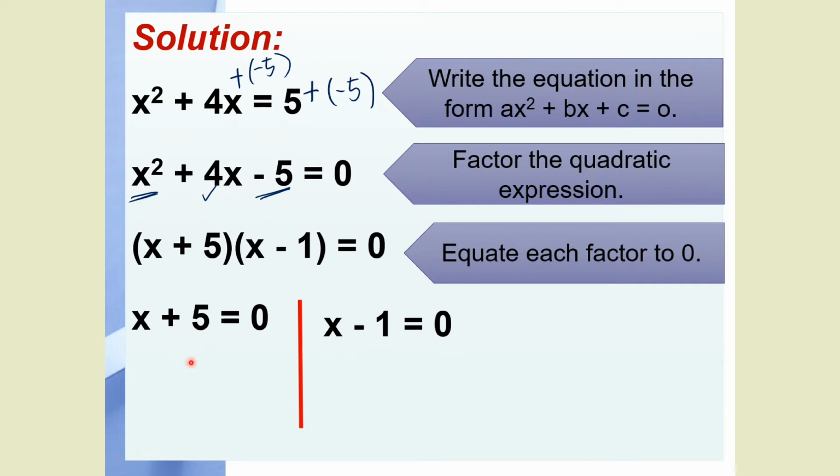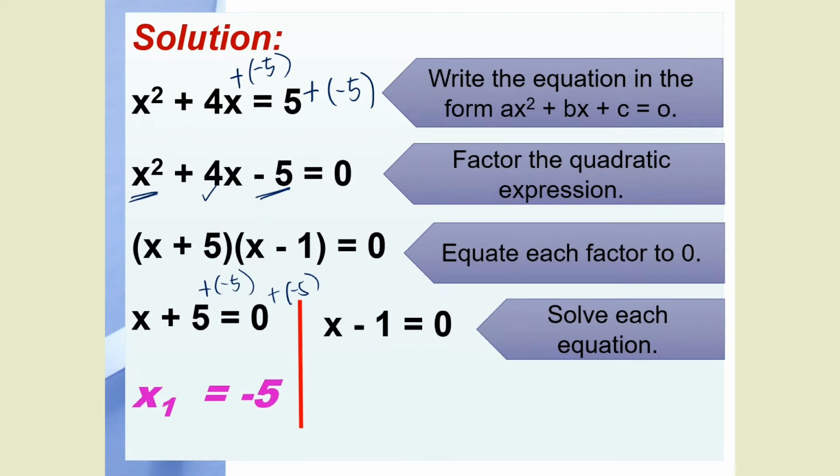So, applying addition property of equality, yung x plus 5 equals 0, we have to add negative 5 on both sides para ma-cancel itong positive 5 on the left side. So, plus negative 5 plus negative 5 on both sides of the equation. So, ang matitira na lang sa left side ay